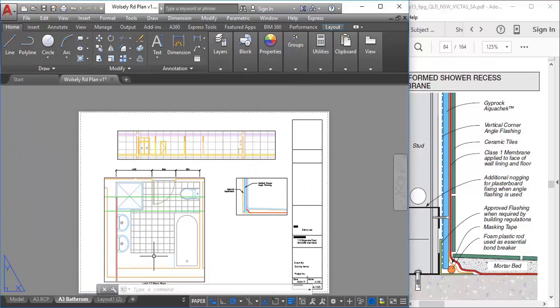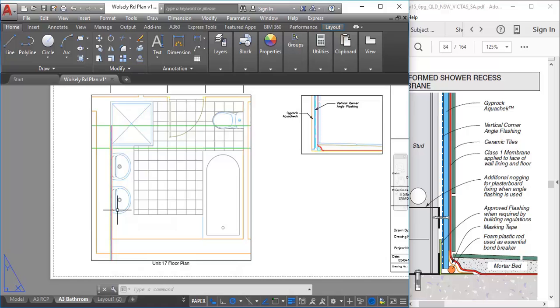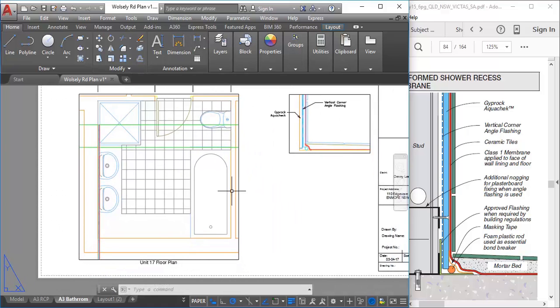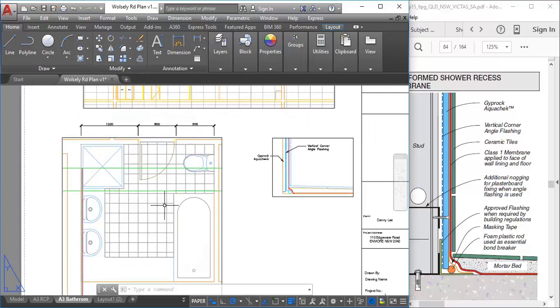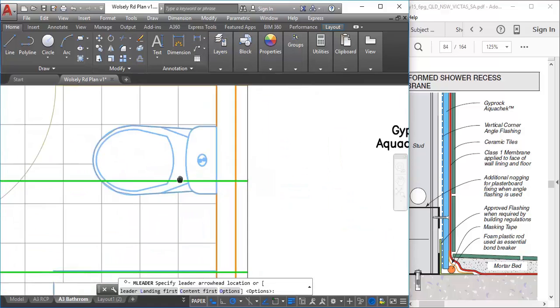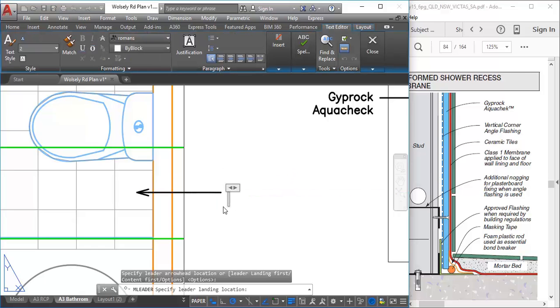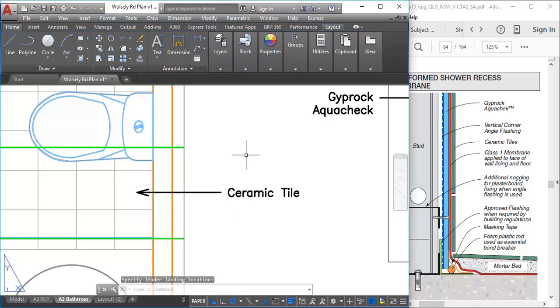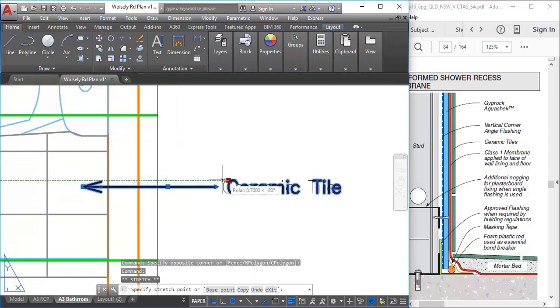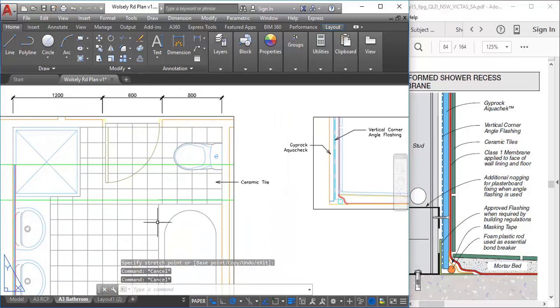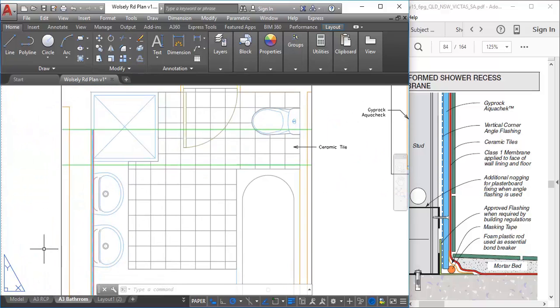So I'll give you another example of that. Here I've got the bathroom plan, and now because I'm in paper space, I can do notes using leaders. I'll just do one over here. Okay, so I can have that note there that goes outside the viewport, and I don't have to worry about the scale. Now, if I go back to